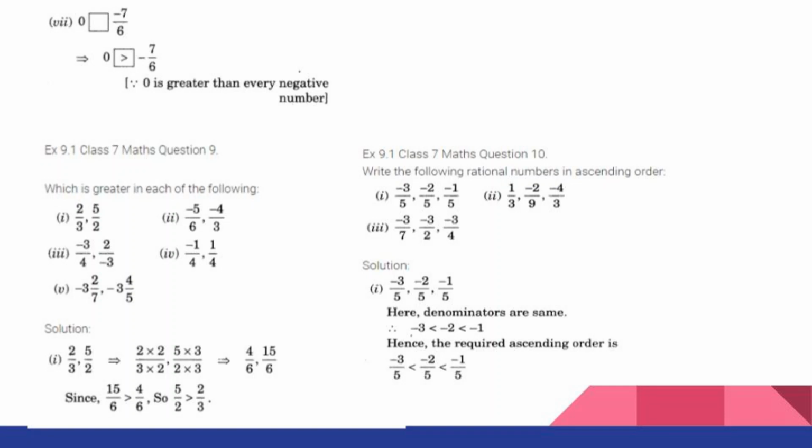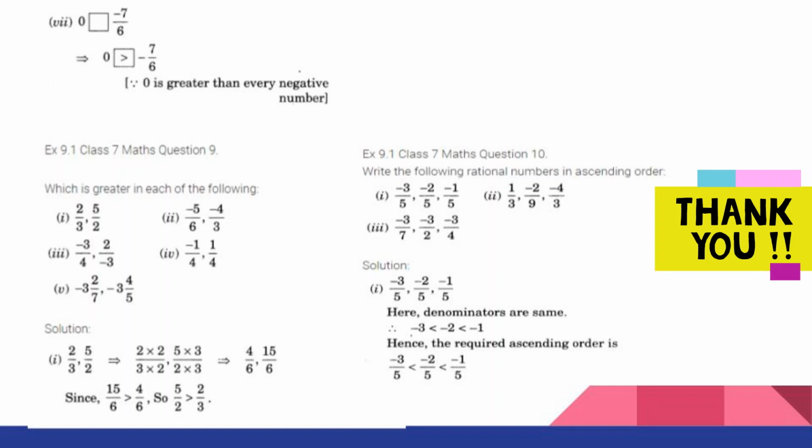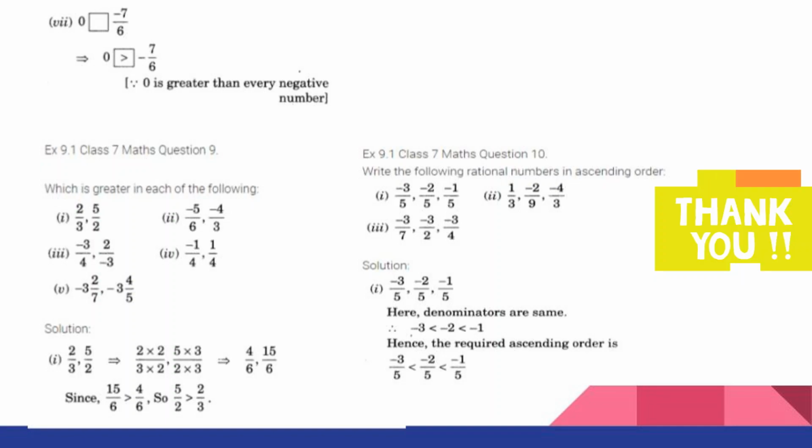Similarly, coming to the last question, write the rational numbers in ascending order. In the first question the denominators are all equal, otherwise we have to make the denominators equal as in the previous questions. Minus 3, minus 2 and minus 1, the denominators are the same, so minus 3 is less than minus 2 less than minus 1, so the required ascending order is minus 3 by 5 less than minus 2 by 5 less than